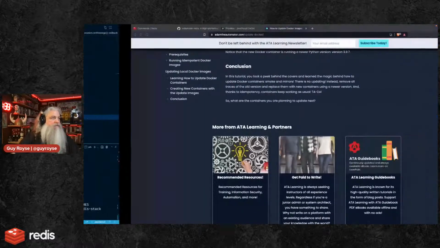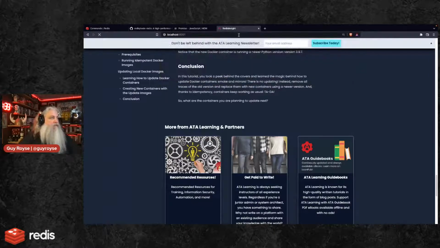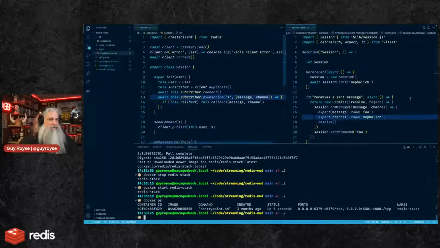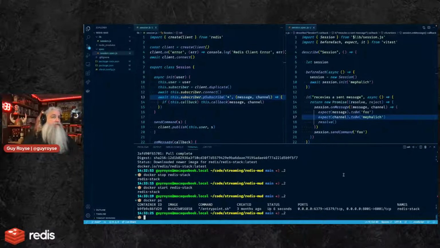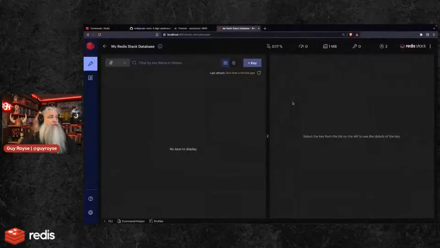Up for 6 seconds. Go to localhost 8001. I have the latest image, but I don't think my Redis Stack container is set up to do that. Is there a command to update my container, or do I just need to destroy it and recreate it? I'm perfectly content to destroy it and recreate it.